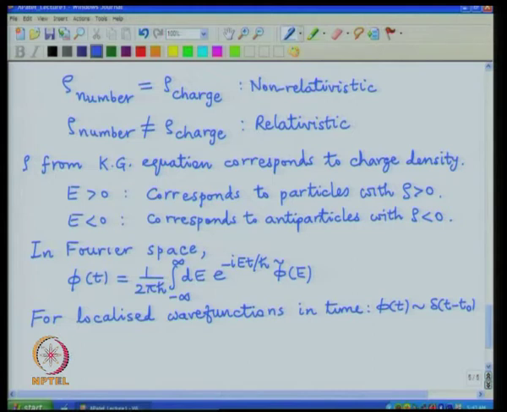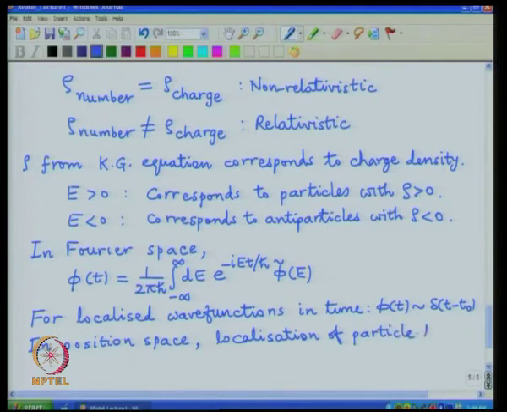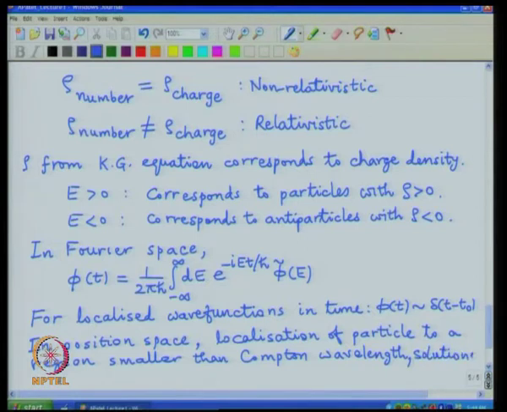In the position space, if you want to localize the particle to a region smaller than Compton wavelength, solutions with relativistic